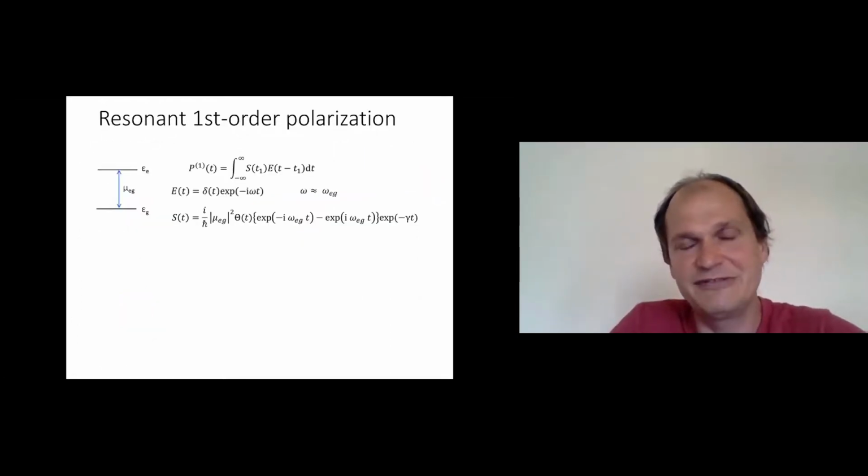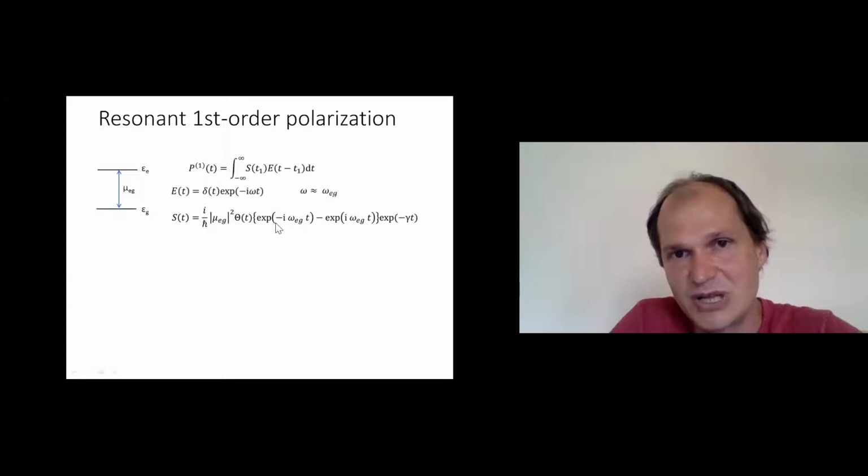So let's start with something very simple, because we need to build the theory towards the third-order non-resonant signal. Let's start with the first-order resonant polarization of our simplest system, which is the two-level system here. This is the polarization we want to calculate. From quantum mechanics, the response function of a two-level system is this relation, which is quite simple. It contains oscillations with the transition energy of the two-level system. It contains the lifetime, basically, of the two-level system and the dipole moment. And we need to